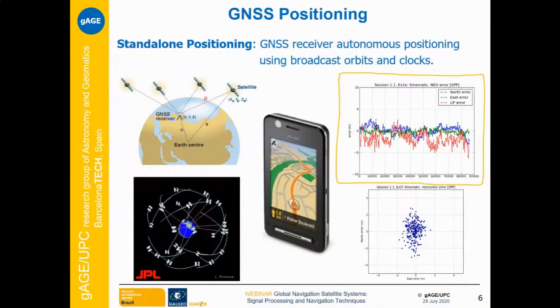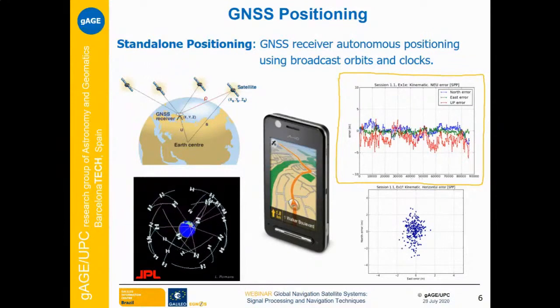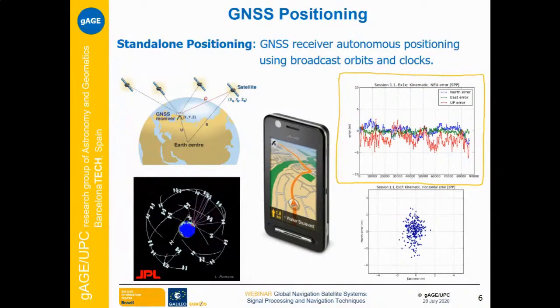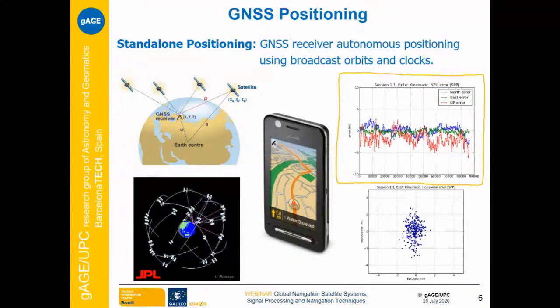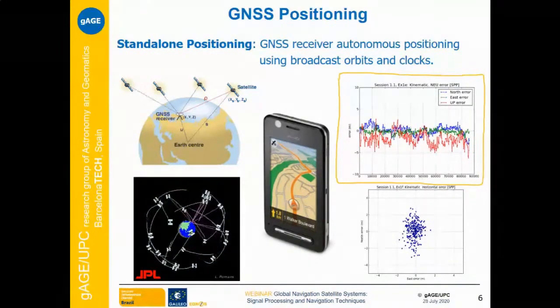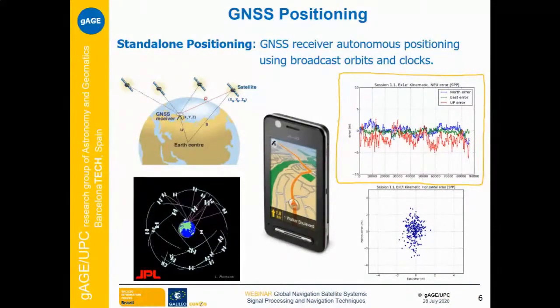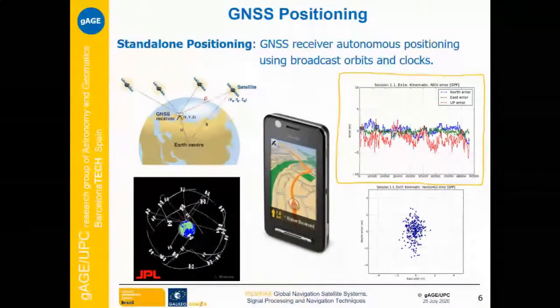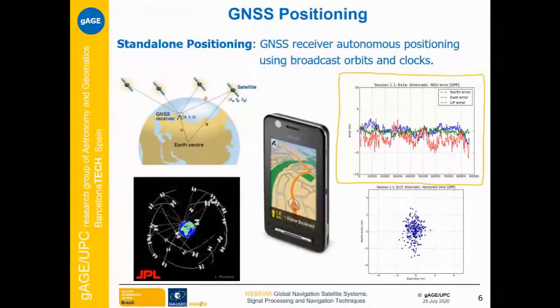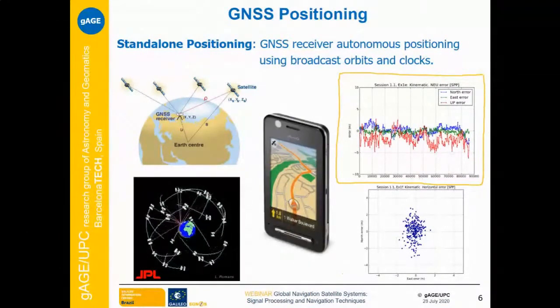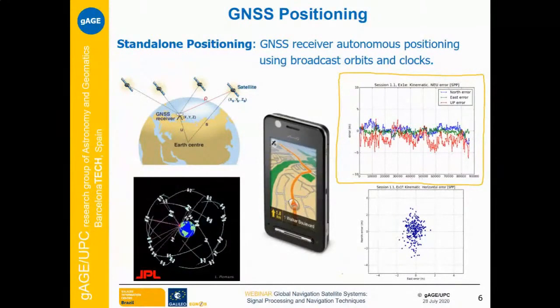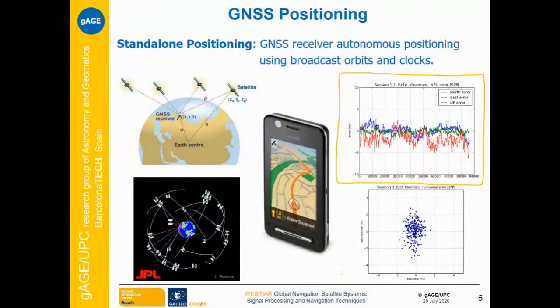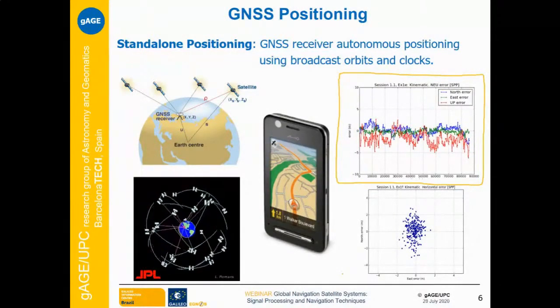And we have different components. We have the north error component, the east error component, and the up error component, but you can see that they are in the range of a few meters. If we look only at the horizontal plane, and this is what we have in the bottom right plot, we can see the dispersion of the points around the 0, 0, the truth.